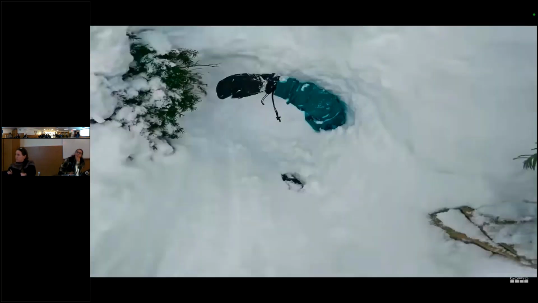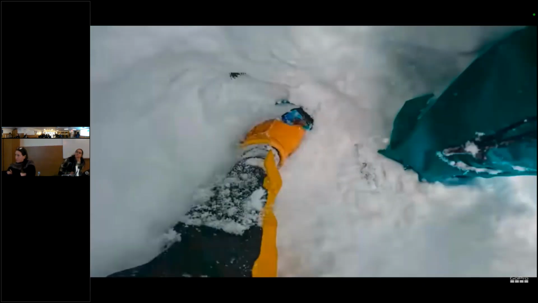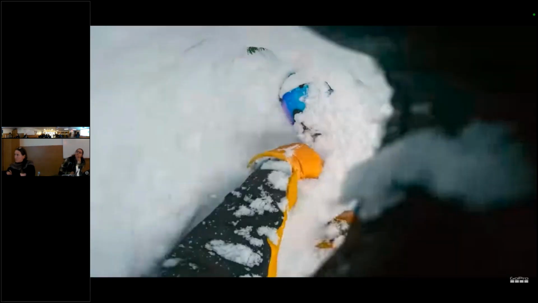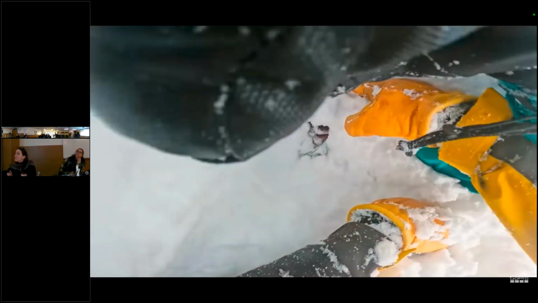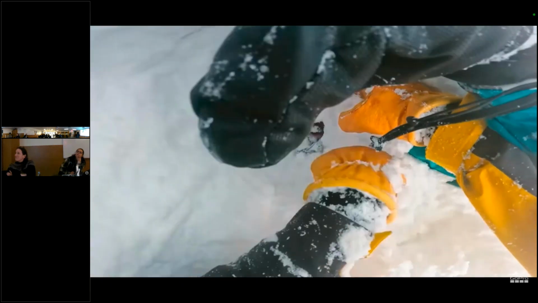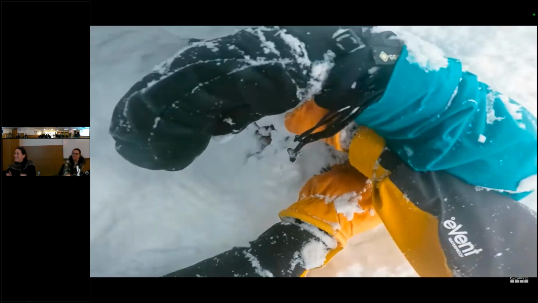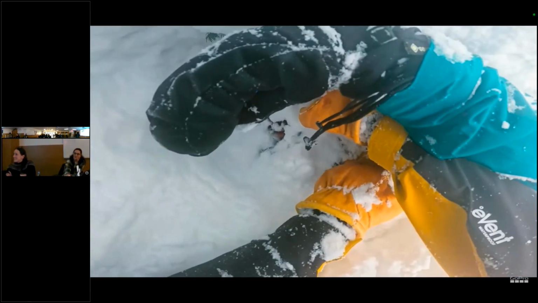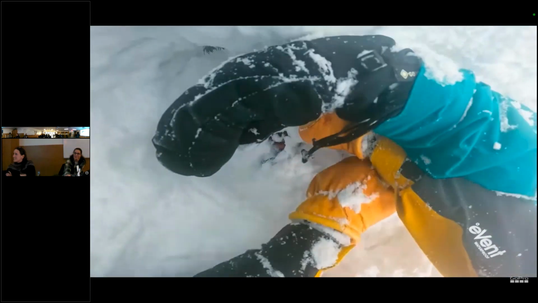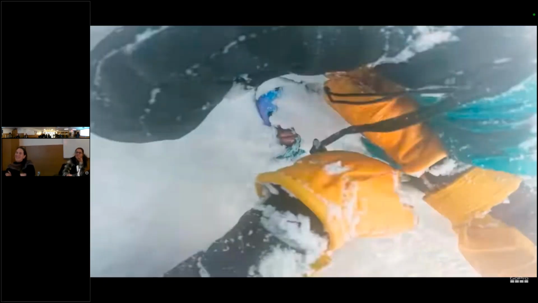After you get the mouth, you want to get some snow off the chest. The thing is he did have a shovel. He breaks it out now, but I found that interesting. I think I might have broken it out sooner.